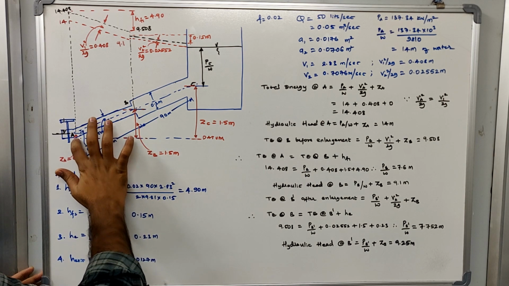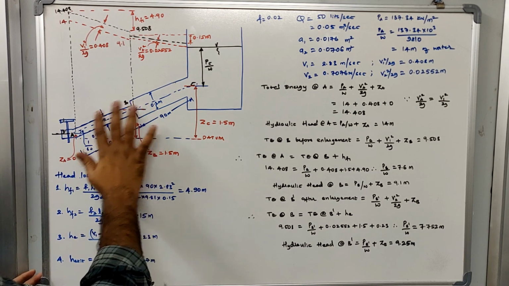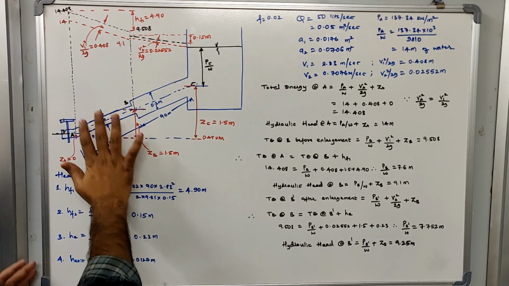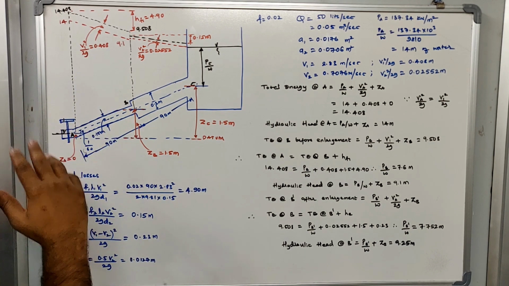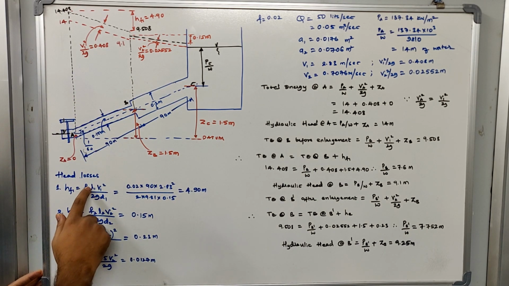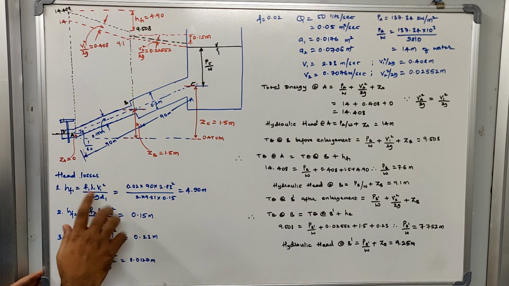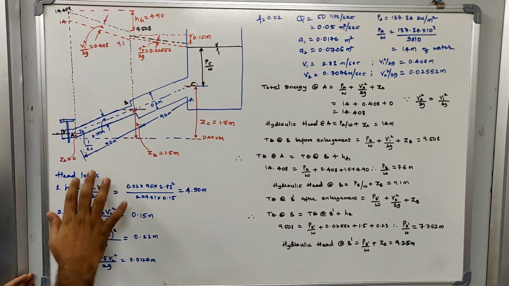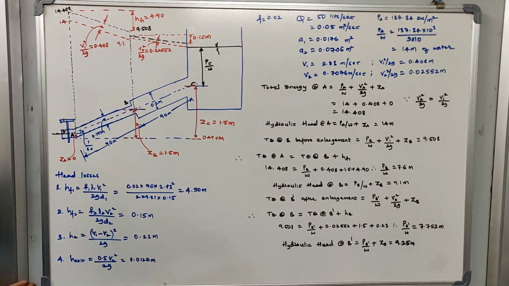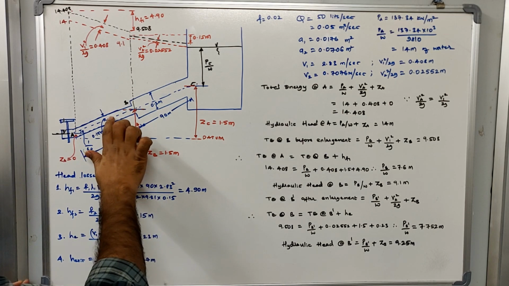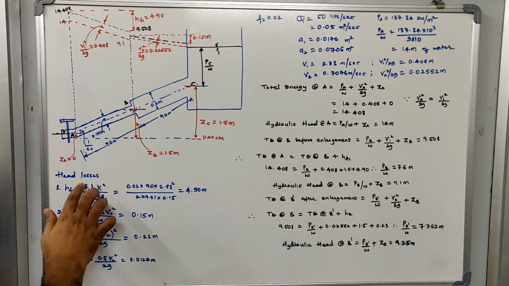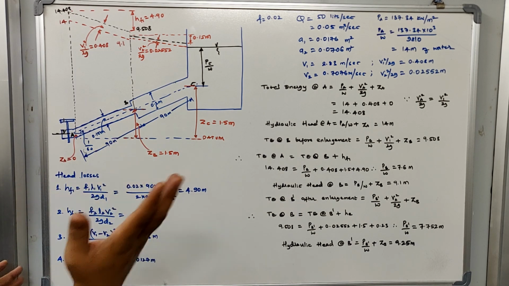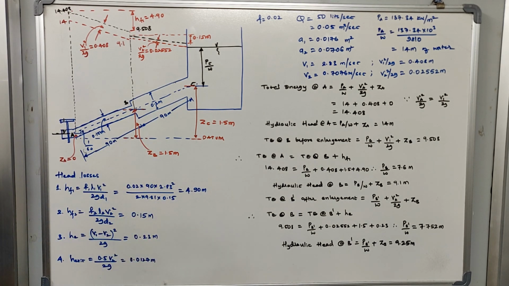When the water moves from point A to point B, due to friction there is a loss that is going to take place. Let me call it the friction loss in pipe AB, which is called HF1. So HF1 will be equal to F1 L1 V1 square divided by 2G D1. Okay, so F is going to remain the same. He has given you only one F, which means the frictional coefficient of pipe AB and pipe BC is going to remain the same. So F1 is equal to F is equal to F2. Don't have to worry about that.